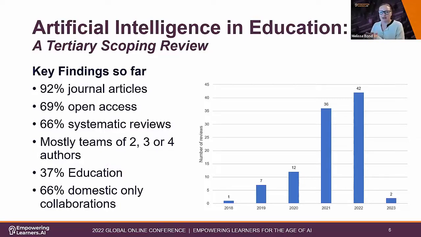So hopefully you can see my slide on the screen there with some of the key findings. Now, this is based on the first 100 reviews that we've got in this corpus. We've got roughly 150, I think, to go, or maybe just a little bit under that. But this is what we've got so far. So predominantly they're journal articles with only 8% conference proceedings. I was actually disappointed for some reason that only 69% of them are open access, but I suppose I should still be thankful. That's still pretty good.